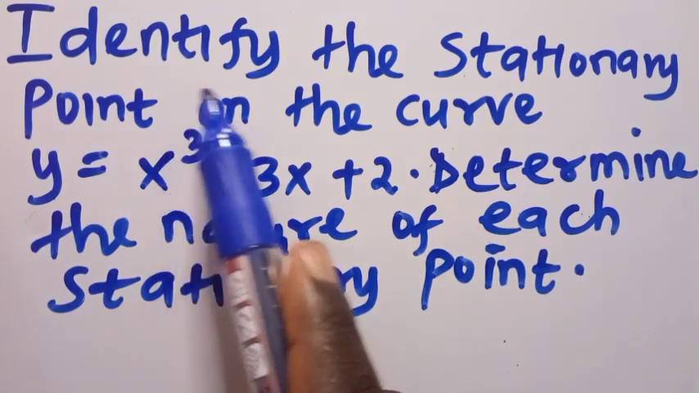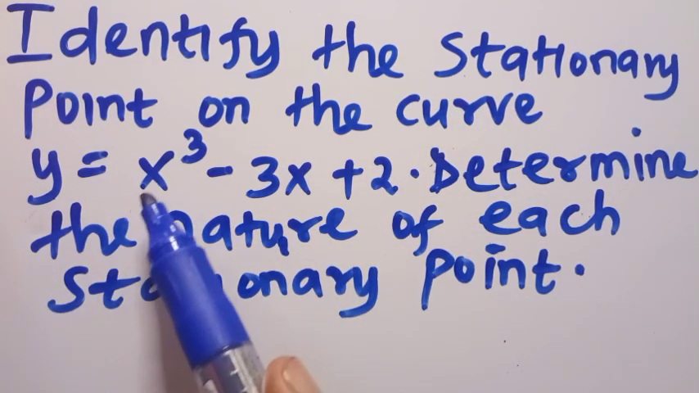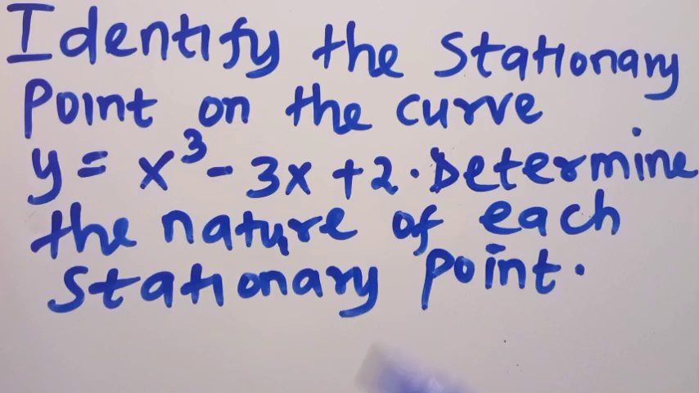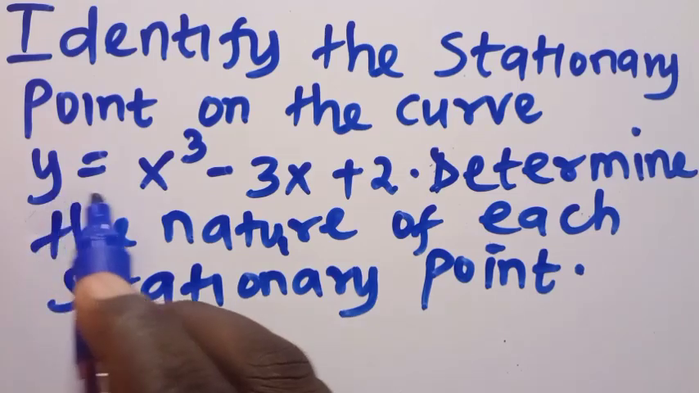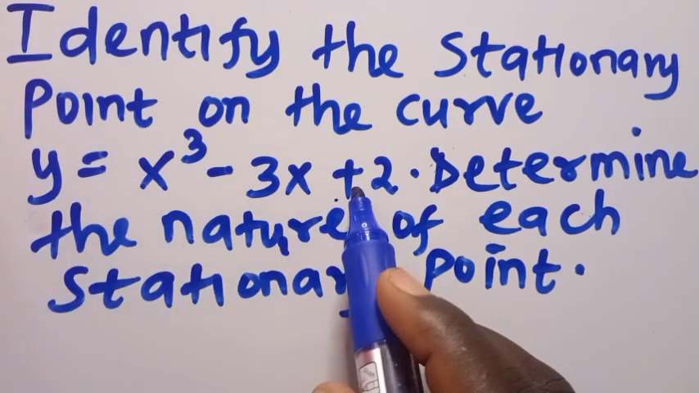So the first thing is to identify the stationary points. Then after identifying them, we determine their nature. Now, the first thing that we shall do is to find the gradient function. Then after obtaining the gradient function,